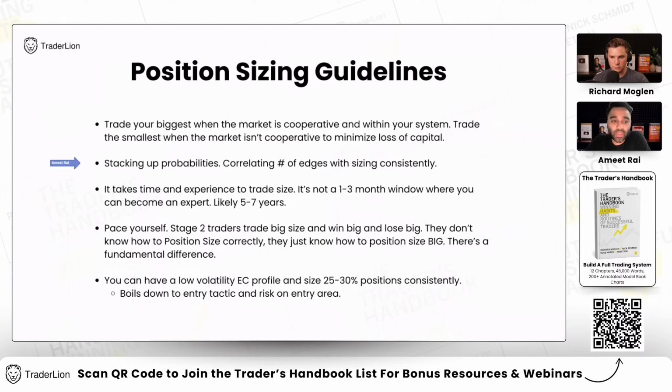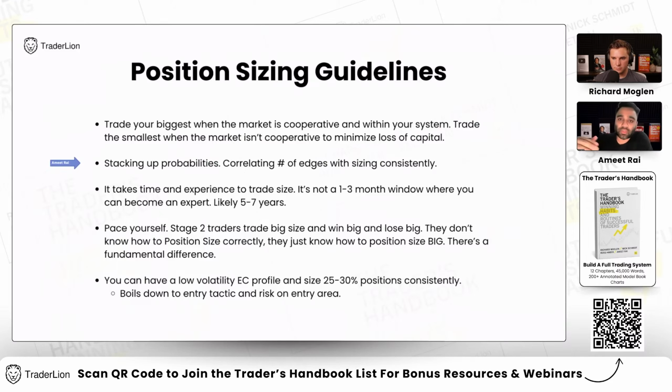The probabilities don't align. It's almost like you start driving and someone says you can only drive at 100 miles an hour to learn. That's not going to end well, right? You got started in a parking lot. The probability of you being a good driver, the threshold's set, and you can only be great if you drive that fast. It will end up in a wreck and you'll wreck your trading career. So definitely keep this in mind. Don't try to emulate someone else's size. Build it up. You will get there.